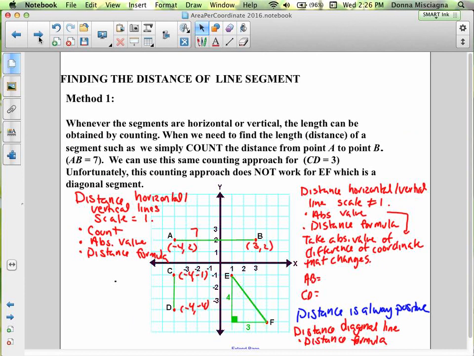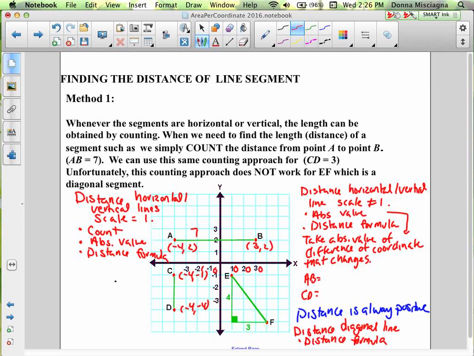Right, so whenever the segments are horizontal or vertical, finding your distance is pretty easy. You can count them, but be careful. Don't count them if they don't go up by a scale of 1. Or if you are counting them and they don't go up by a scale of 1, make sure you take the scale into account. Okay, so if each of these was worth 10, for instance,